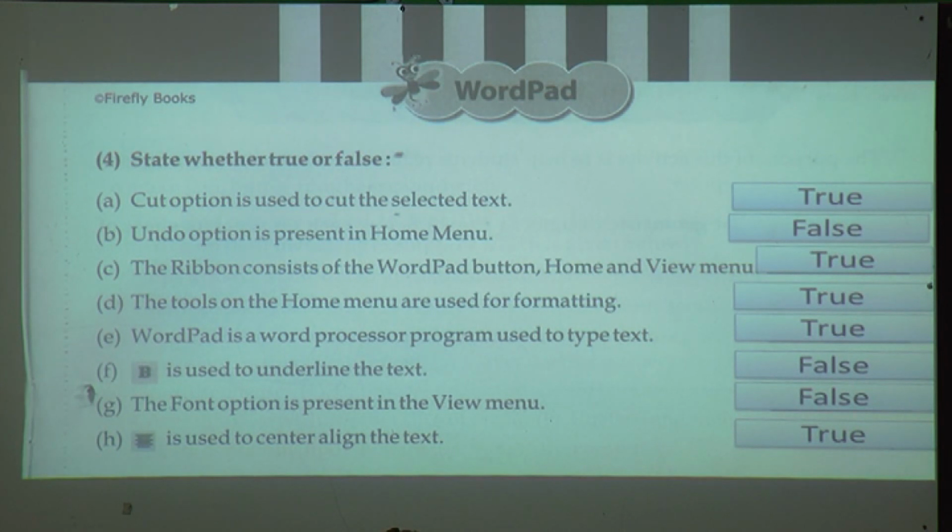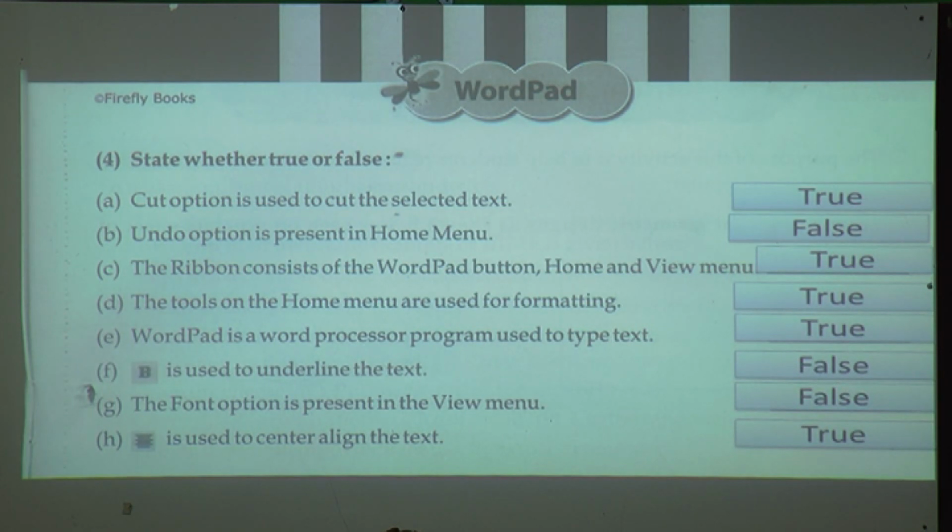Cut option is used to cut the selected text. It is true. Undo option is present in home menu. False. Say everyone.